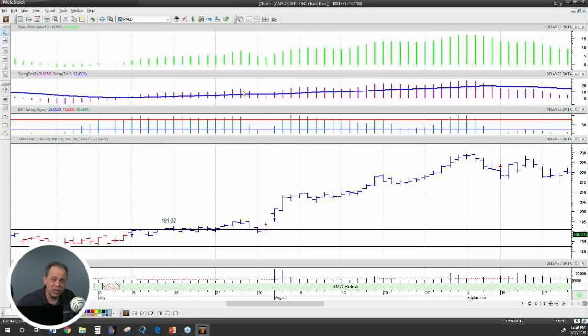So that change of momentum again is because we're losing momentum and it looks like it might be shifting from the bulls to the bears. That's why we get this sell signal. Now we're not going to pull the chute yet, but if we get this sell signal and then things start to deteriorate worse, like we get in an RMO bearish trend or we get in a short-term bearish trend, then we'll get out of the trade when all three of those go against us. But we're fairly protected.